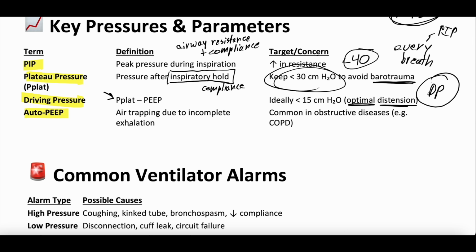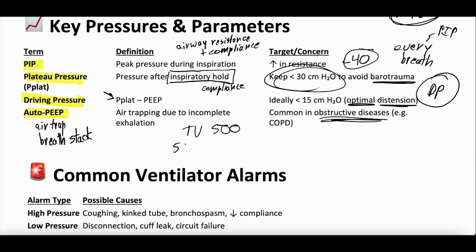And then auto-PEEP is also important to know exists. This is air trapping, so auto-PEEP, also known as air trap, also known as breath stacking. We have a whole episode on this, linked again in that playlist. And this is more common in obstructive lung diseases like COPD. The reason this happens is the ventilator is pushing that breath in, but unless you give the patient enough time to exhale that breath fully, the ventilator will just give them another breath when it's time. So let's just say I had a tidal volume set at 500 cc's,